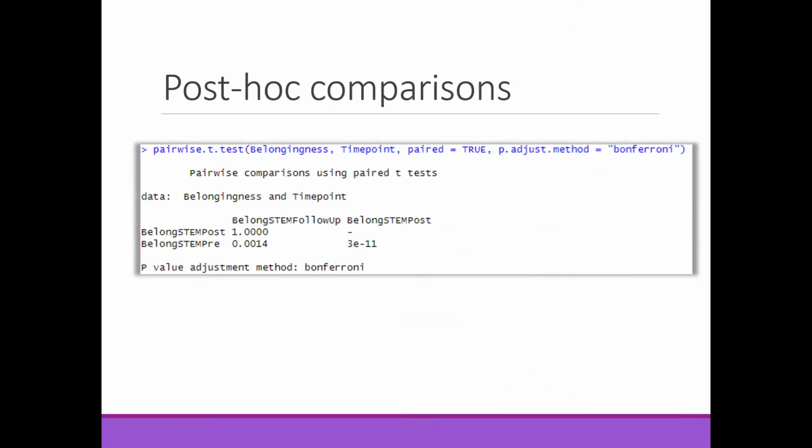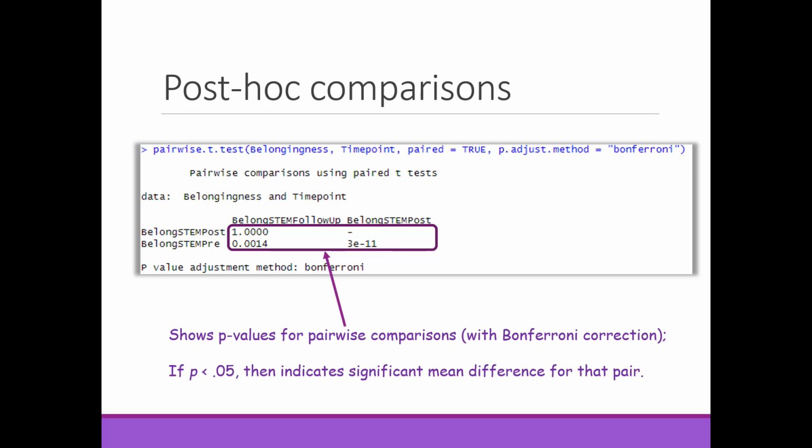See you in PowerPoint. Okay, so let's take a look at our pairwise.t.test output. Now what you're looking at are actually p-values for those pairwise comparisons right here. And so when you look at these, you want to see which p-values are significant. And so here are the p-values with Bonferroni correction already applied. And if you have a p-value that's less than your alpha, in which case it includes the significant mean difference for that pair. And so when you look at this, where do you find p-values that are less than 0.05?